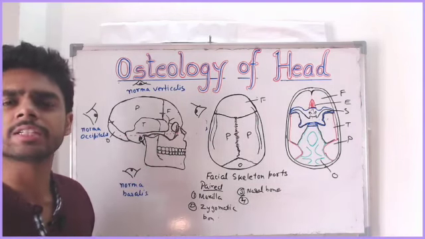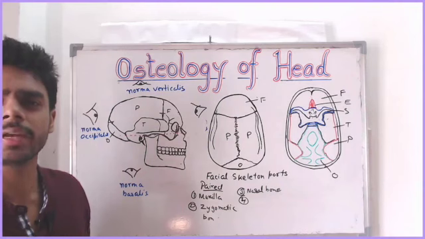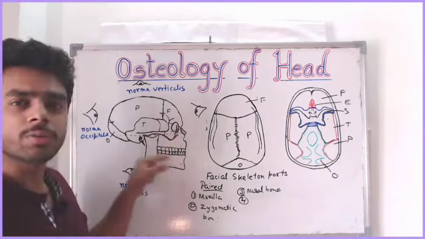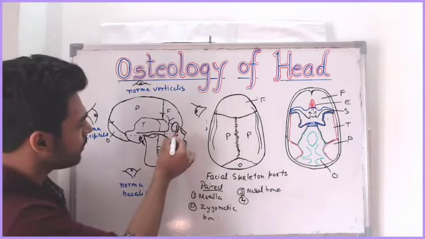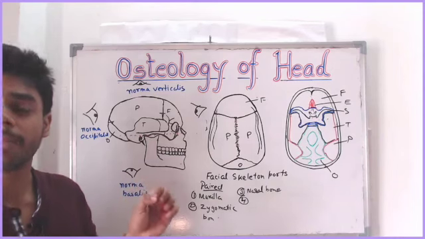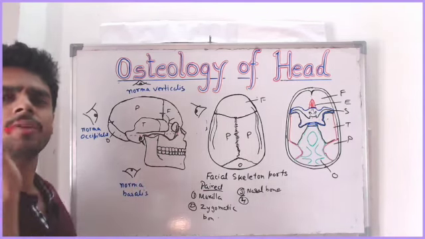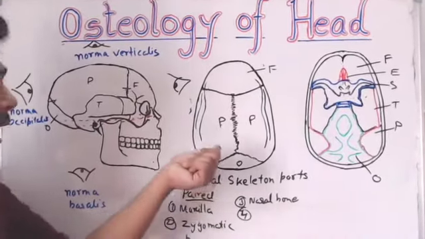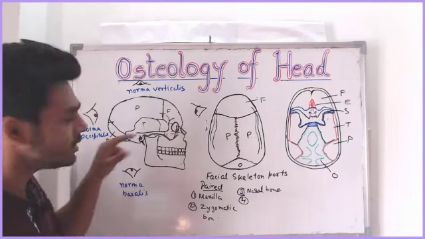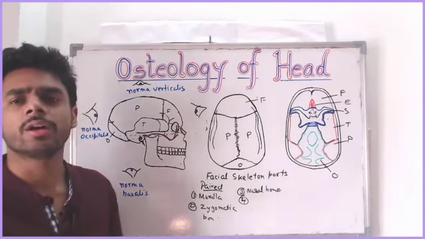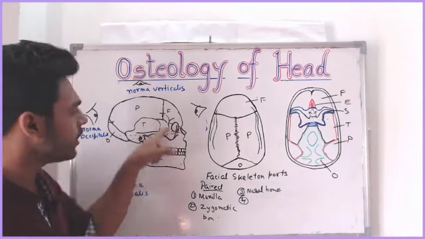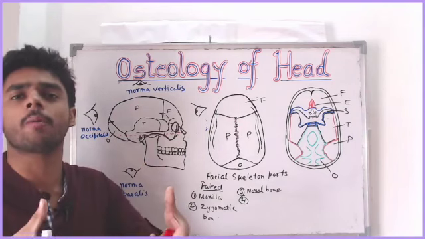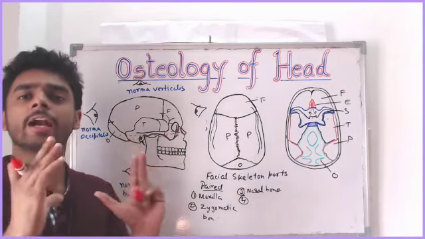One more line is present, that is called Reid's baseline. What is that Reid's baseline? Only a very small difference is there between the Reid's line and the Frankfurt line. The line about which we studied is the Frankfurt line, and the Reid's line is the line joining the infraorbital margin, or inferior margin of the orbit, and the center of the external acoustic meatus, that is here. This line also can be considered horizontal. That is, while studying, either of the two lines, the Frankfurt line or the Reid's line, should be horizontal. Then only you can hold the skull properly and explain the skull properly. This is the anatomical position of the skull.